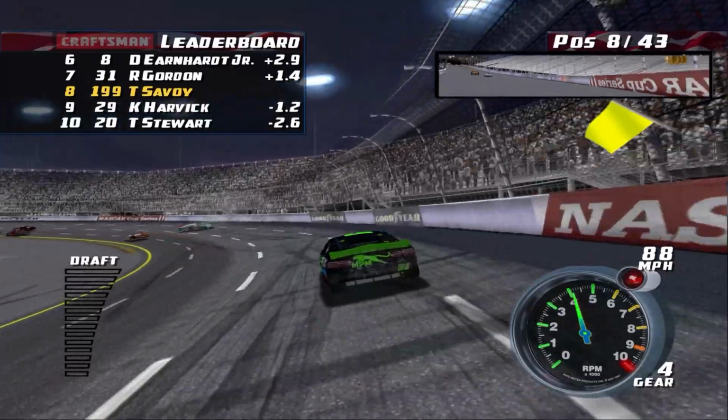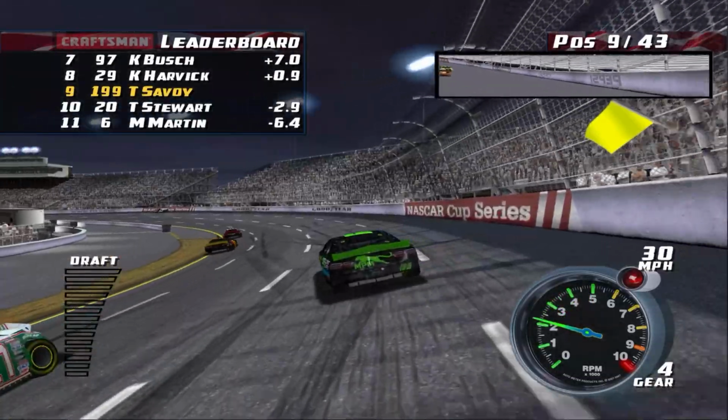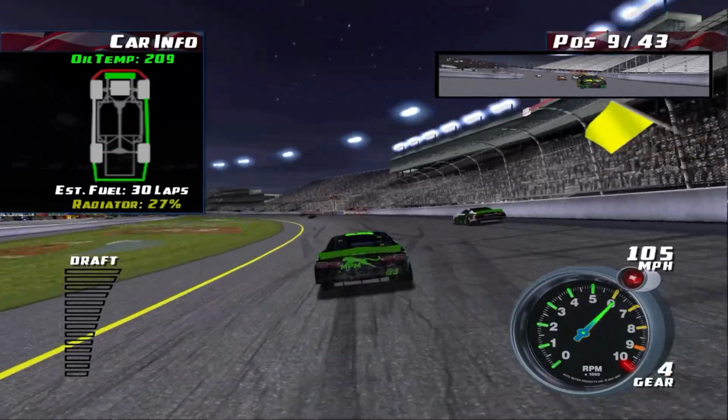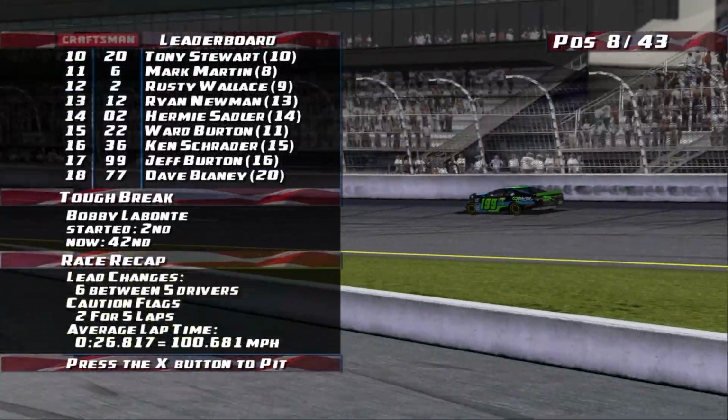There's a spin in turn 3. I mean, what are the odds that I'm up on top of the freaking track right then? Seriously. Unbelievable. We have to pit anyway because the 171...